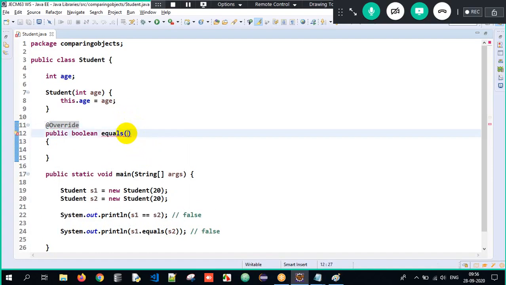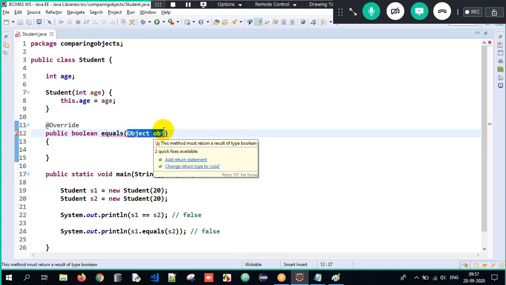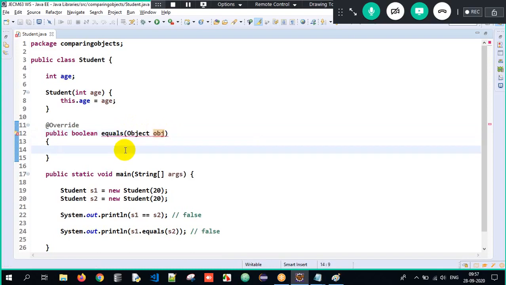In the equals method, you can pass only Student. See, if we pass only Student s here, I can compare only Student type objects. What if I come across a scenario wherein I have to compare mobile objects, laptop objects, food objects here? Then it becomes a problem, no? But if I write it as Object obj, will it work fine? Yes. Why? Since Object is the supermost class, I can compare any type of objects. Clear?